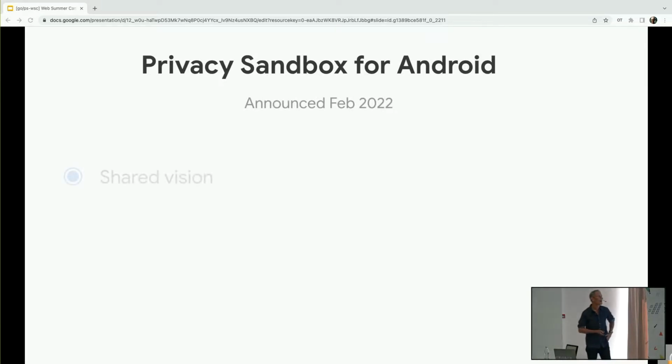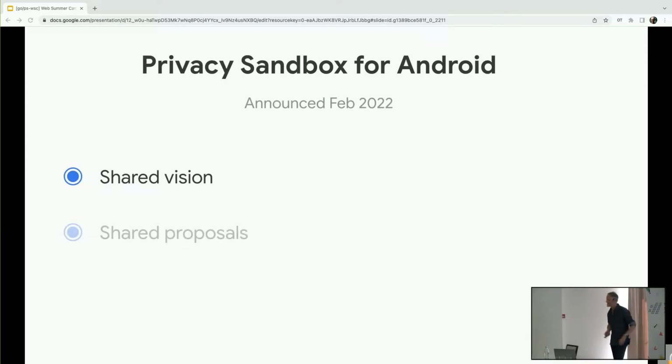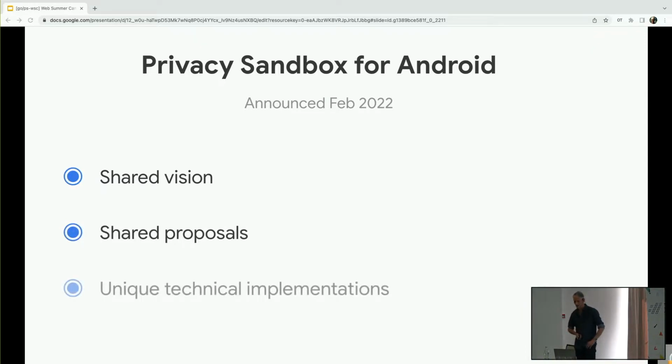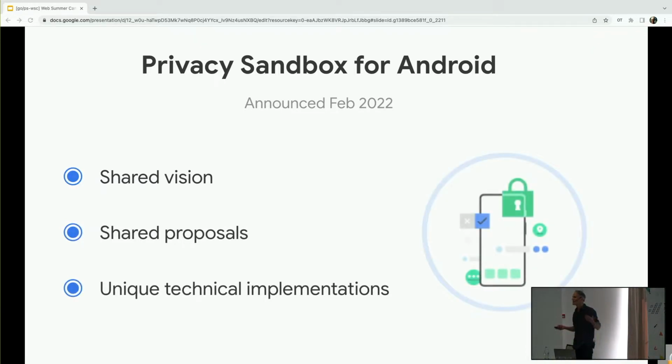One quick thing: obviously we're all lovers of the web here. This is the Web Summer Camp. But I would be remiss not to give a shout out to the efforts of our colleagues at Android as well. Privacy Sandbox on Android is introducing new, more private ways of doing advertising without cross-site identifiers. The web and Android efforts share the same principles and some of the same engineering concepts.